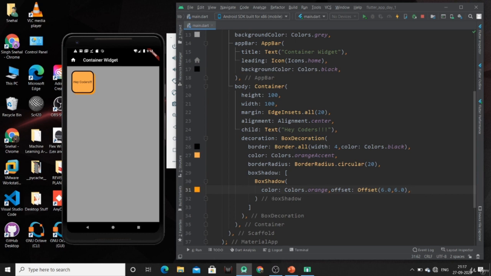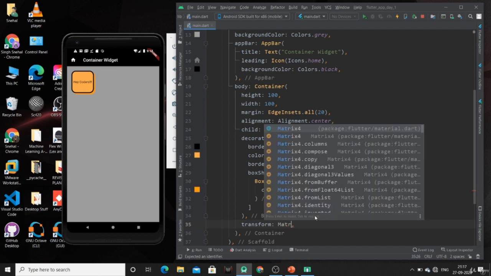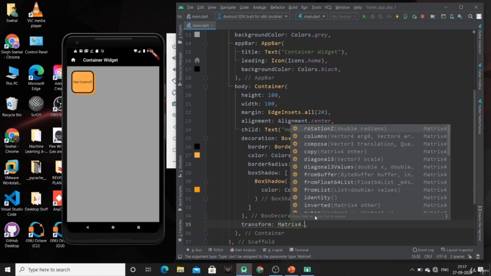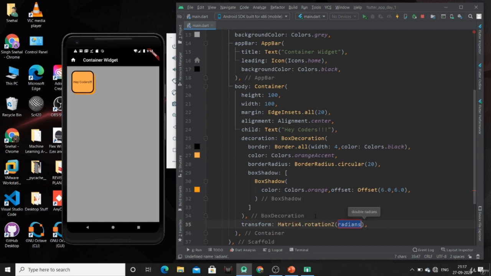Now if you want your container to be tilted or changed at a certain angle, you can use the transform property. By using this property you can change the angle of your container.